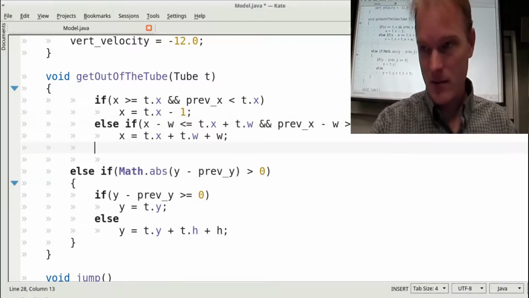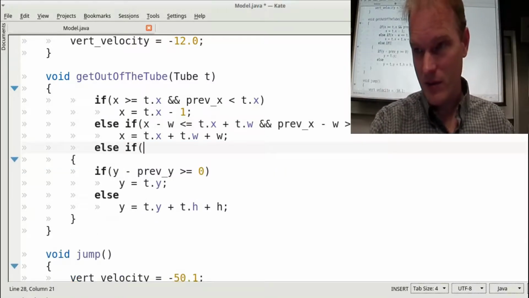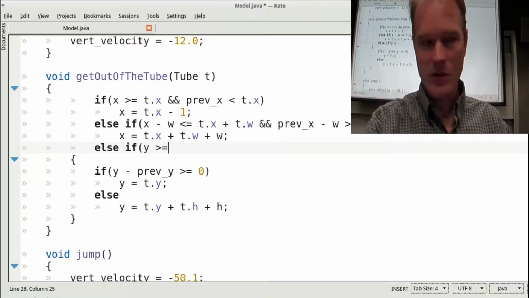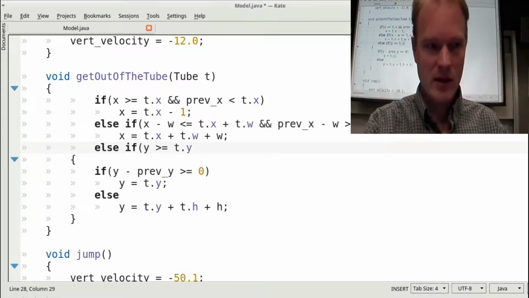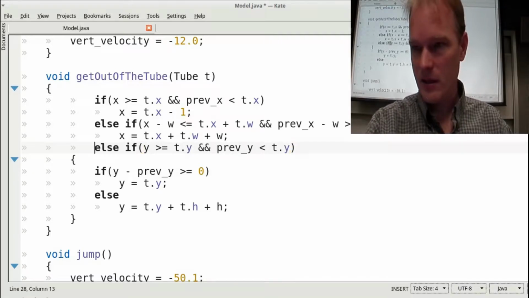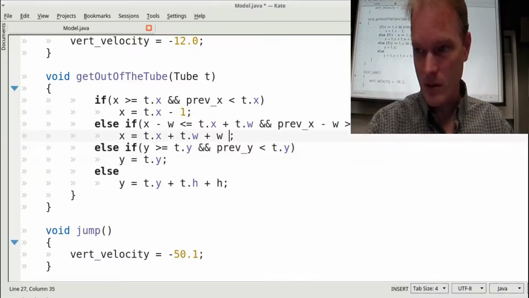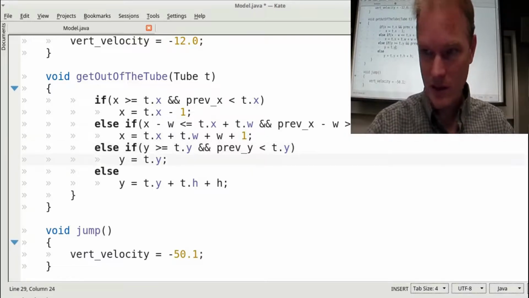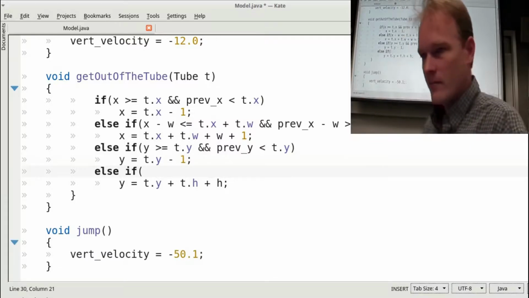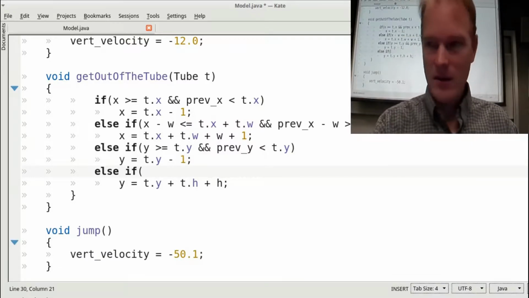Then, here's bad logic again. Let's change that to else if. What should we do here? It's going to look just like the other one, right? So y is more than or equal to tube's y, and previous y is less than tube's y. Then fix that one. Oh yeah, we got to add the 1 here and subtract the 1 here. Finally, if, help me write the bottom one. How about,